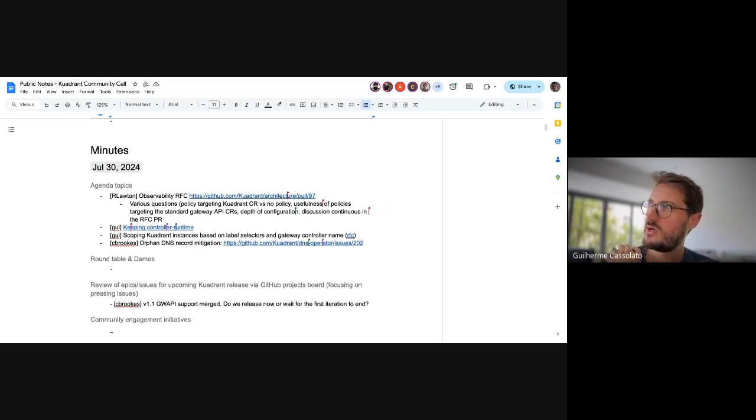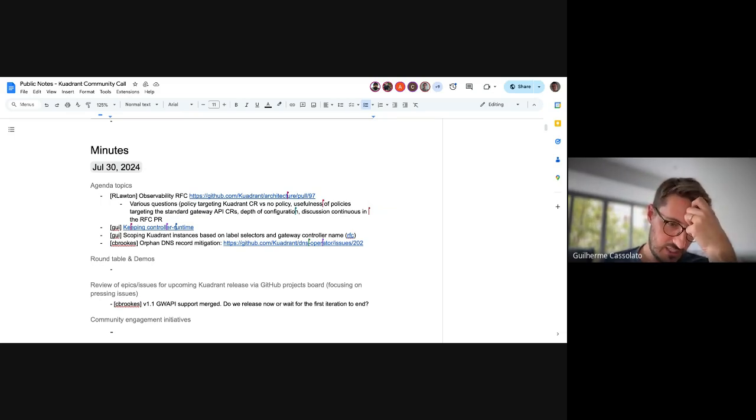Not really sure how much of our user audience will have their gateways properly labeled when they start using Kuadrant, right? I'm thinking of a scenario where they already have a topology created on network resources, and then they want to add Kuadrant on top of that. So that would basically be adding an extra step of, if you want to use Kuadrant, you also want to label all your gateways first. So that's one thing to keep in mind, right, for the user workflow.